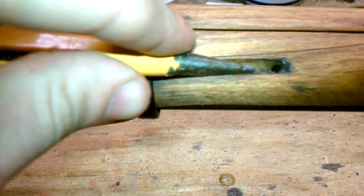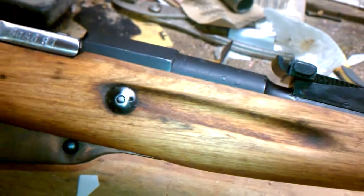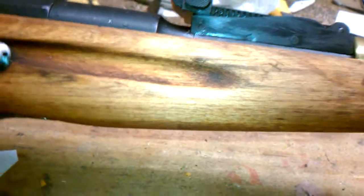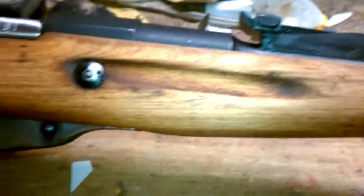Because down in here, there was all kinds of nasty, gunked up cosmoline and rot wood and all that stuff. It's not fun at all. It's quite disgusting. But yeah, if it's hot out, let it hang outside for the day, bring it in at night, put it next to a heater. If it's in the wintertime, like it is here,